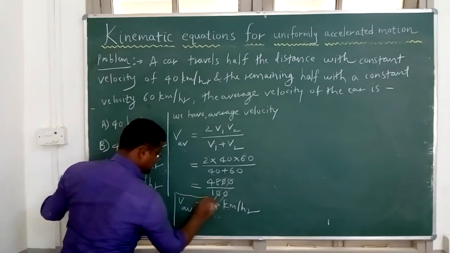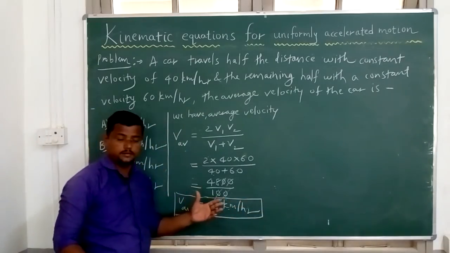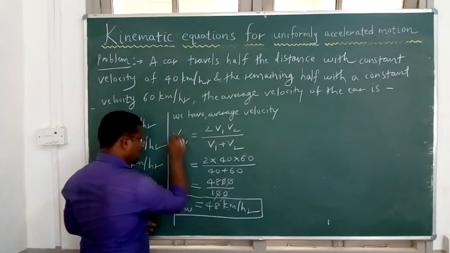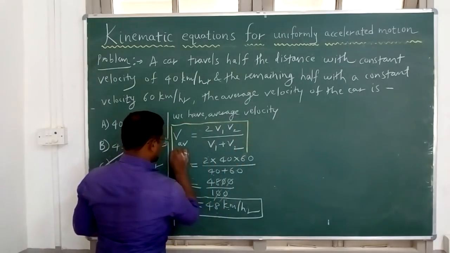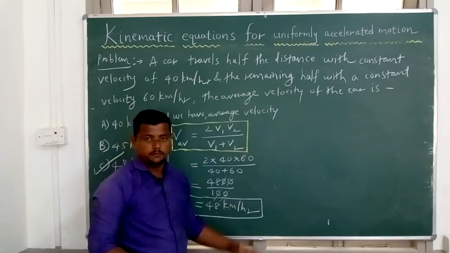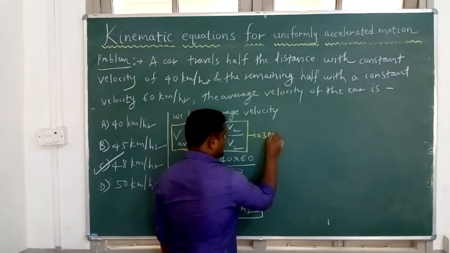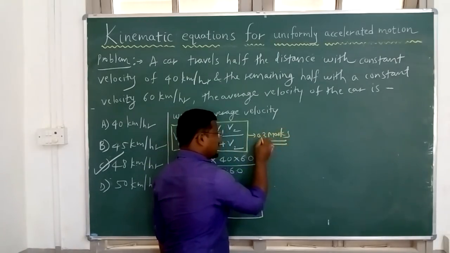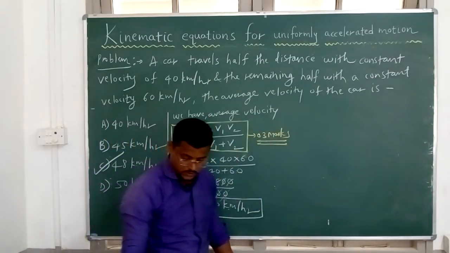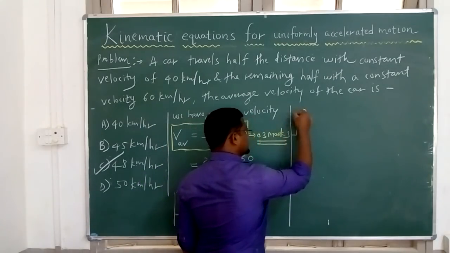And in the live class also, for I think C and D division, this problem I solved orally, and in the live class I gave this answer. And again the question was asked by a student: how is V average equal to 2 times V1 into V2 divided by V1 plus V2? Proof of this is not there in your textbook, but this question can be asked for 3 marks in your examination. Prove that the average velocity is equal to 2 times V1 V2 divided by V1 plus V2. So how to derive, I will tell here. This proof also you have to write for 3 marks in your notebook.